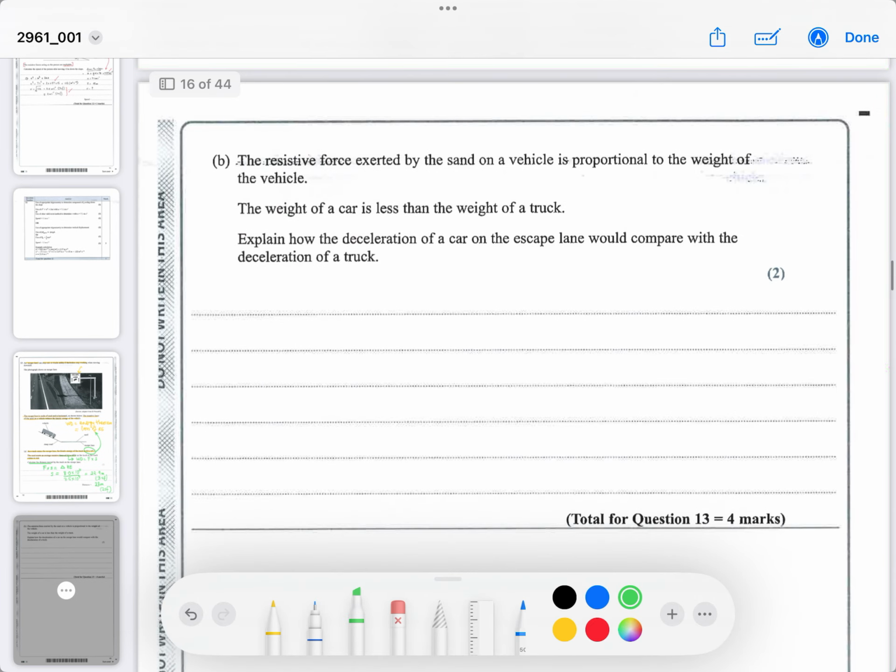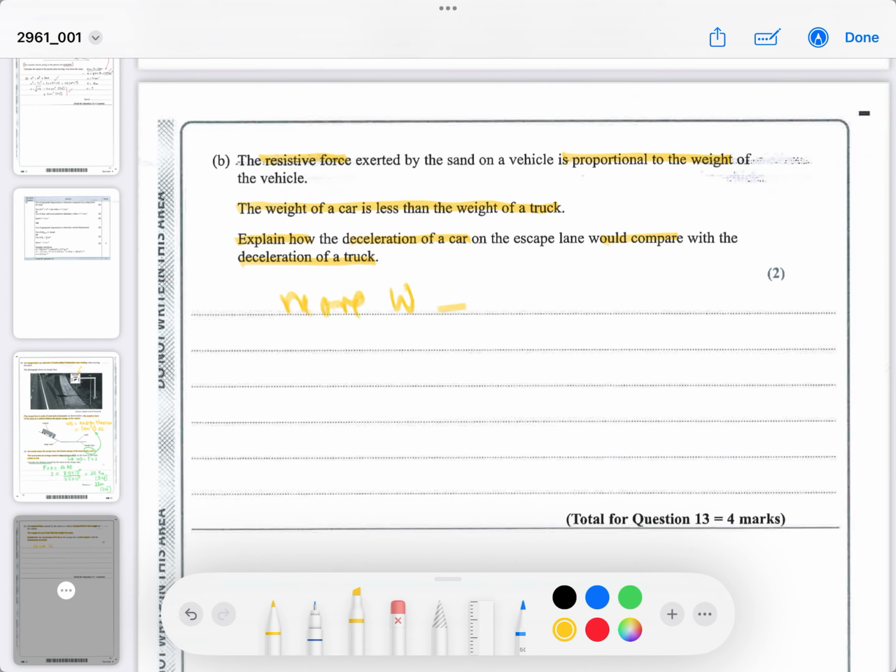Part B: the resistive force exerted by the sand on the vehicle is proportional to the weight of the vehicle. And the weight of a car is less than the weight of a truck. So they want you to explain how the deceleration of a car would compare with the deceleration of the truck. Well, in fact, it's going to make no difference, because although you have more weight,